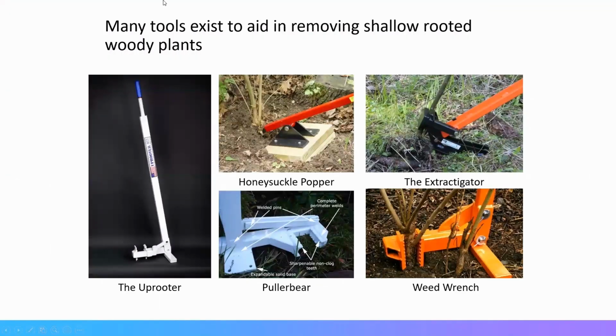Now, I think it was Archimedes that once said, give me a lever long enough and a fulcrum on which to place it, and I shall move the world. And with leverage, you can pull up anything. I think just the names of some of these devices are quite amusing. We have the polar bear, the uprooter, the extractigator. I just like this, but these lever tools do exist to help in physically pulling out and removing some of these woody shrub species or small trees that might be coming into our landscapes and our natural areas.